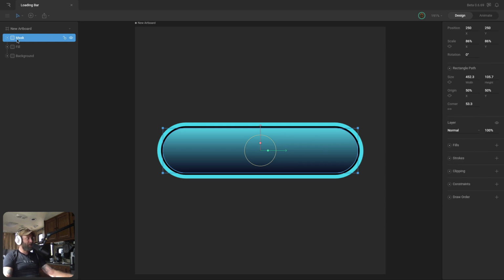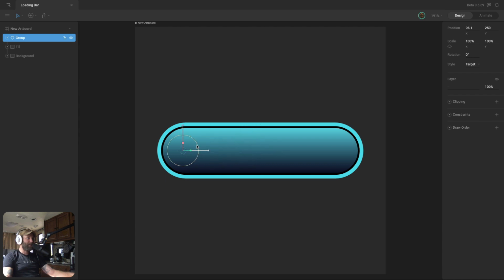Now with the mask shape selected, I'm going to create a group. So Command G, and you see we've got that shape contained within a group now. And instead of leaving the group style on group, because you see we can't see that group anymore, I'm going to change it to target. And now I have a nice selectable object on the stage that I can find fairly easily,